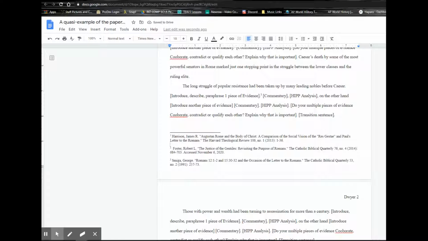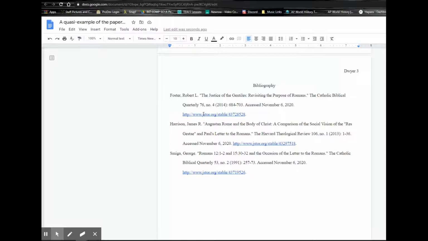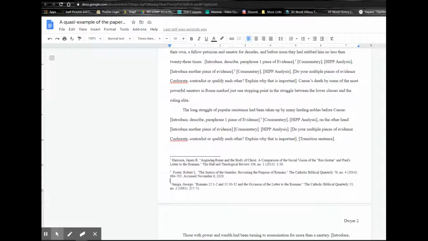There is an extra blank line in between your citations in your footnotes. There is not an extra line between your citations in your bibliography. So your bibliography is double spaced throughout. Your citations are single spaced. So subtle differences here between your footnotes